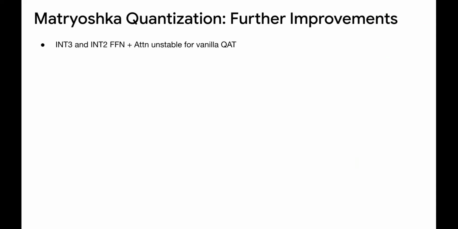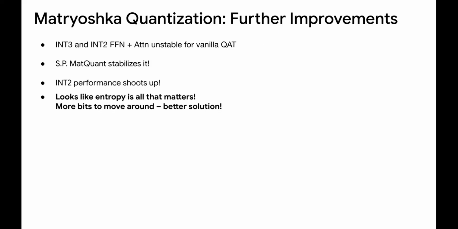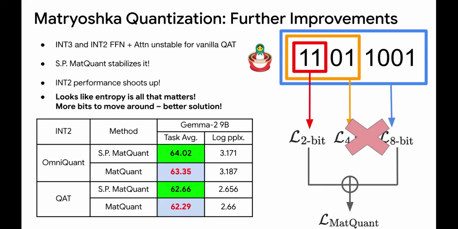And yeah, we also found something by accident. All of these quantization techniques usually emulate for the MLP or FFN weights. Attention you do not touch, because attention is a bit more sensitive to all of these precision problems. So we started training a QAD run for 2-bit, it started failing, and we didn't know what was happening. And then we invented something called single precision Matryoshka. So it literally is Matryoshka quantization, but zero out the weights of 4-bit and 8-bit.